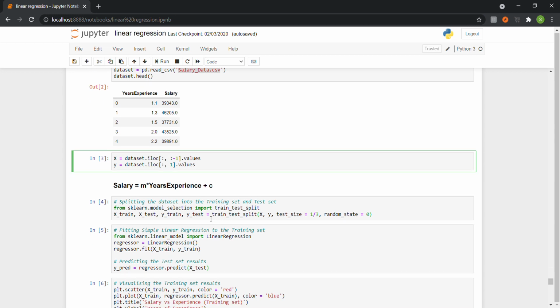For that, we have first split the data into training set and test set. This is done for seeing the overfitting part. Here, it is not much required, but for some models like random forest and decision tree, it is required.